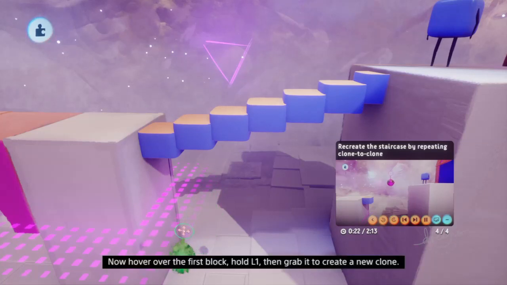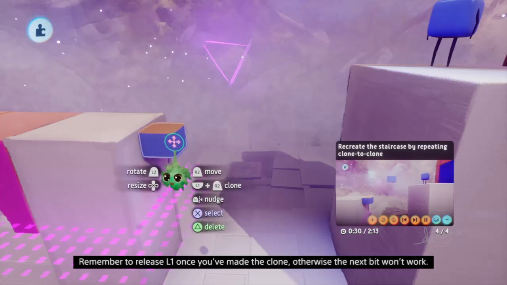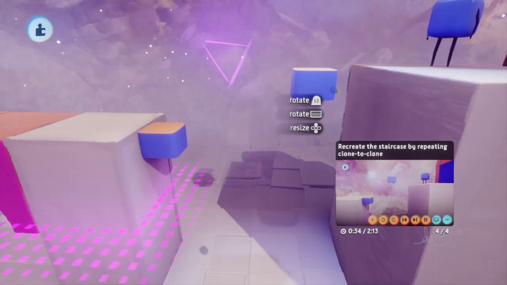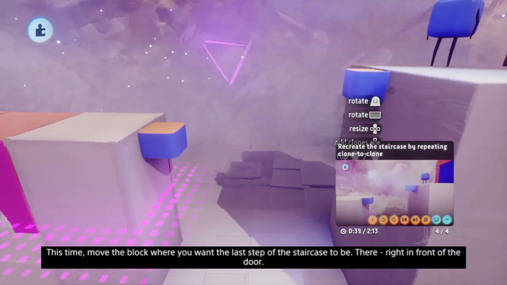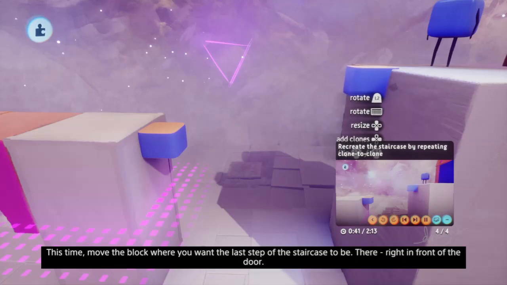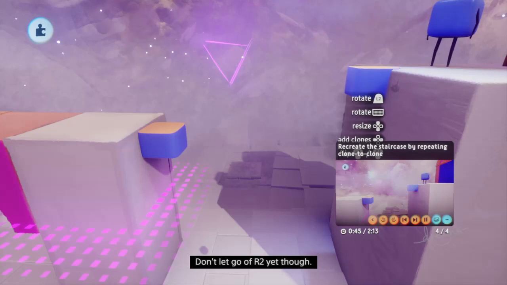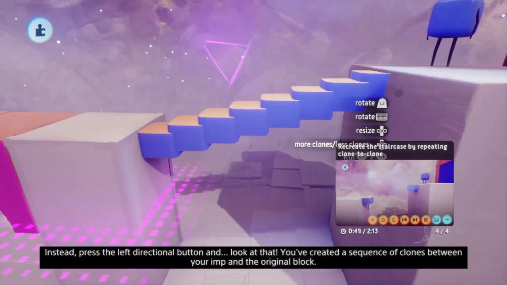Hover over the first block, hold L1, then grab it to create a new clone. Remember to release L1 once you've made the clone, otherwise the next bit won't work. This time, move the block where you want the last step of the staircase to be. Don't let go of R2 yet, though. Instead, press the left directional button and...